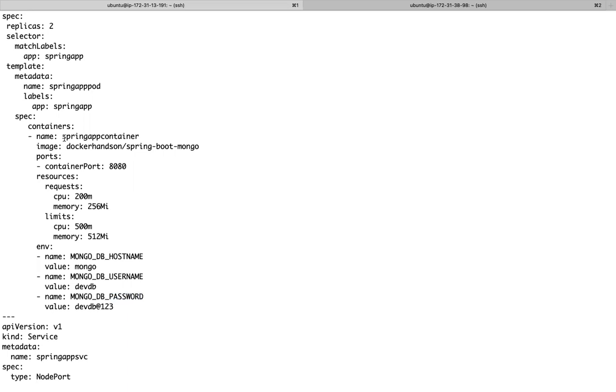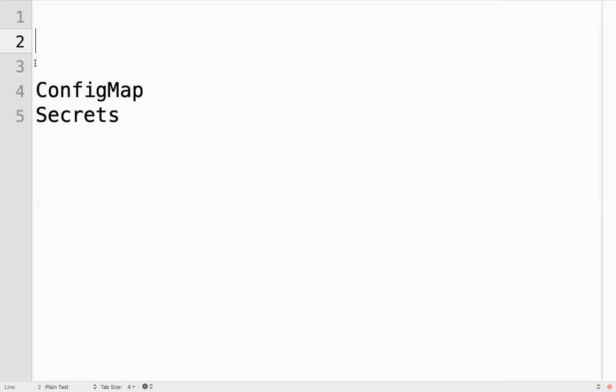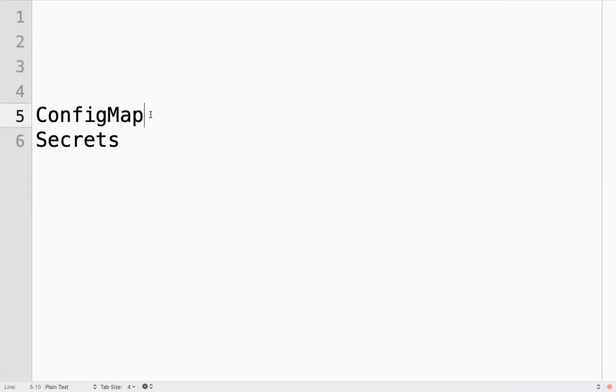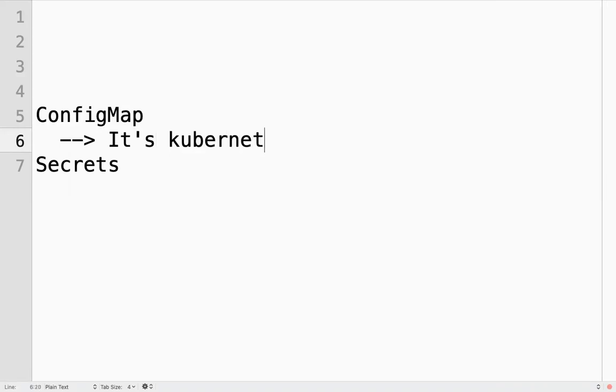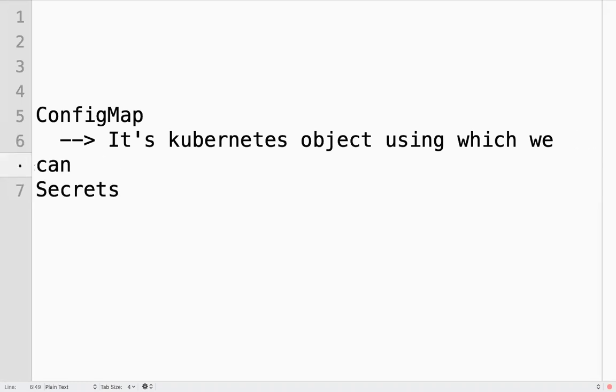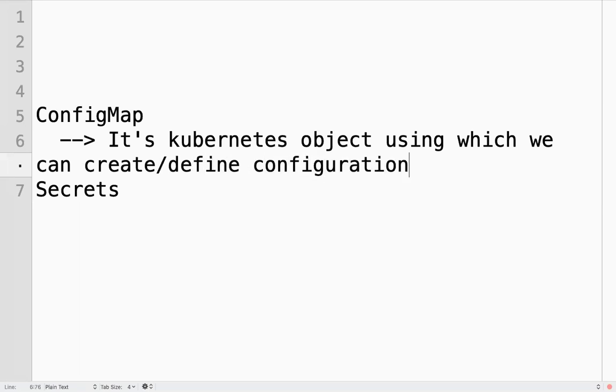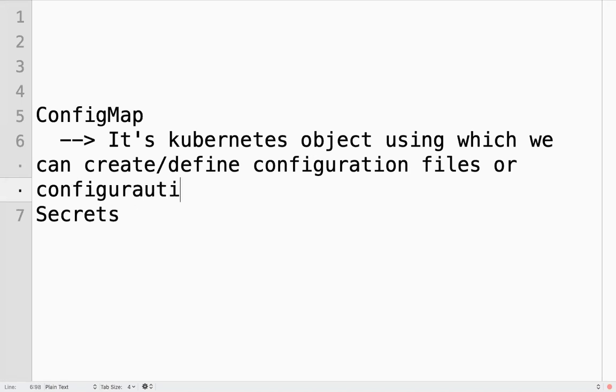That is where we have config maps and secrets in Kubernetes. A config map is again a Kubernetes object using which we can create or define configuration, configuration files, or configuration values as key value pairs.